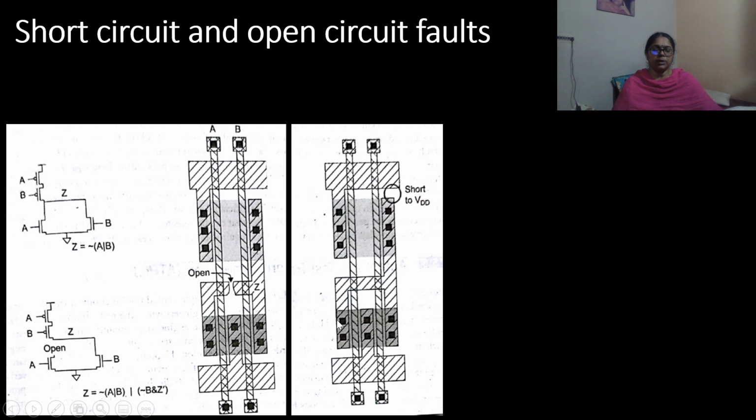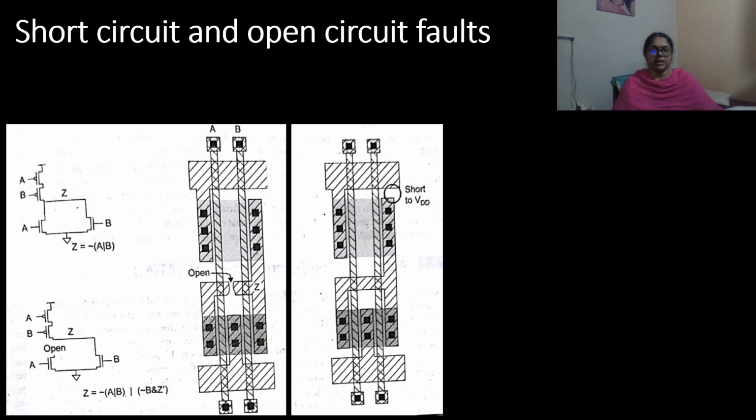In a 2-input NOR gate, the drain of the PMOS transistor shorted to VDD here, if it is shorted to VDD, which would physically occur if stray metal caused by a speck of dust during photolithography stage overlapped the VDD line and the drain connection as shown.